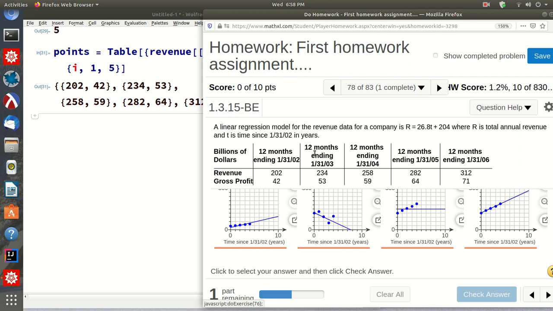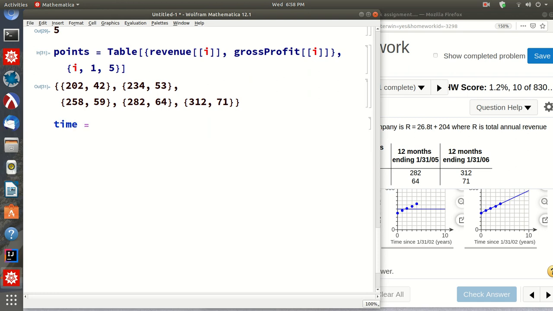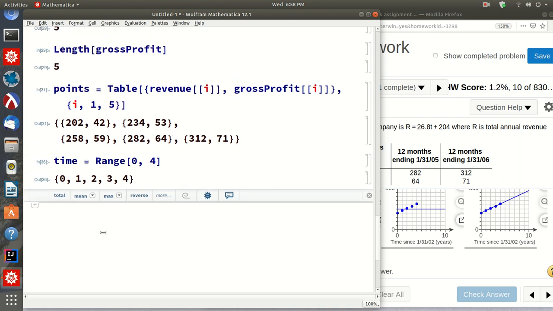This is 0. This is 2003. It's 1 year later. 2004 is 2 years later. 2005 is 3 years later. 2006 is 4 years later. So what we need to do is time is equal to range 0, 4. Okay. And